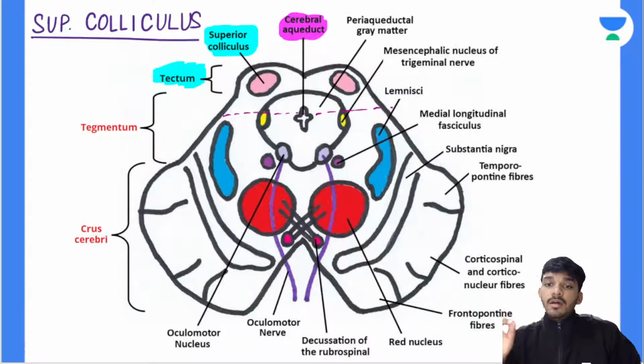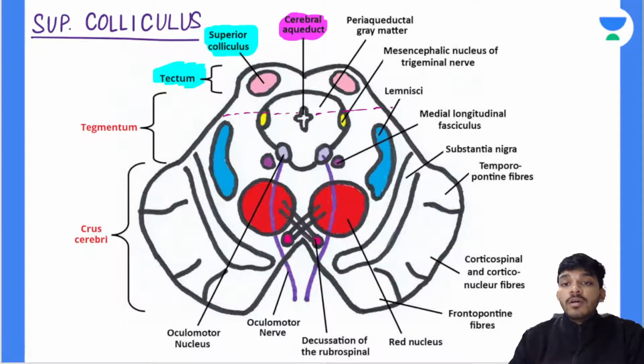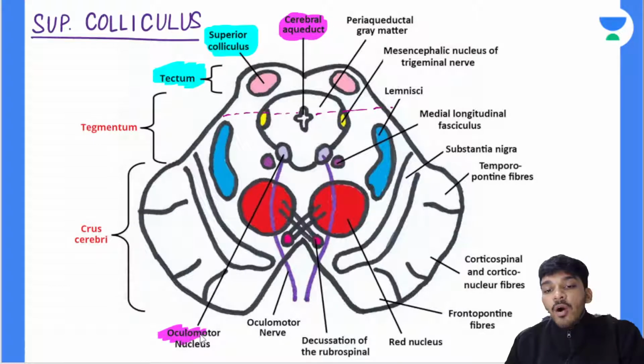Okay. Once you are done with that, let's talk about the rest of the nuclei. Remember at the level of the inferior colliculus, which cranial nerve nucleus was present? You had the nucleus of the trochlear nerve. So at the level of the superior colliculi, you have the nucleus of the oculomotor nerve. Very important. You have the nucleus of the oculomotor nerve, giving rise to the third cranial nerve,